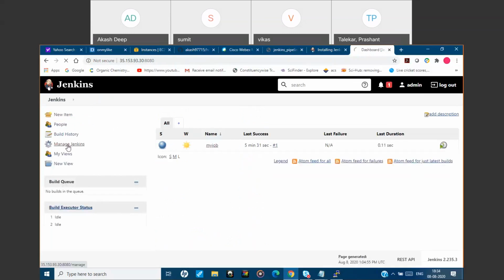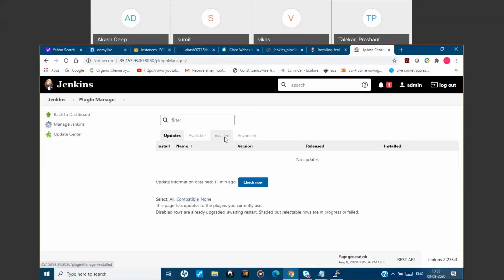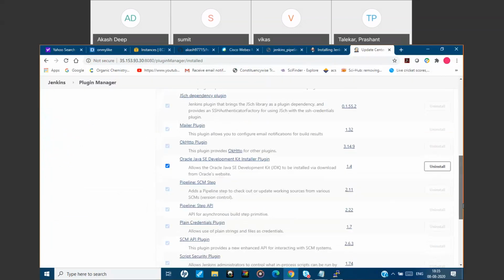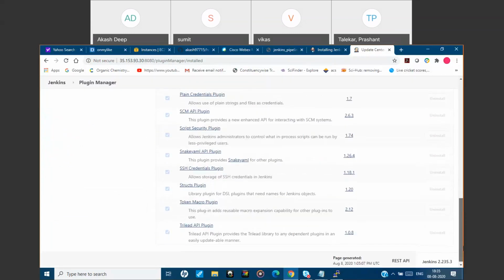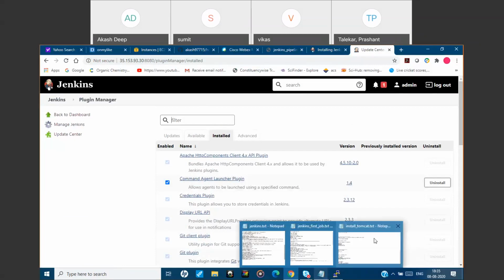So if you go to Manage Jenkins and click on Manage Plugins and then click on install now, you will have all the plugins related to Git, right? It has all the things. Now what we'll try to do, we'll just